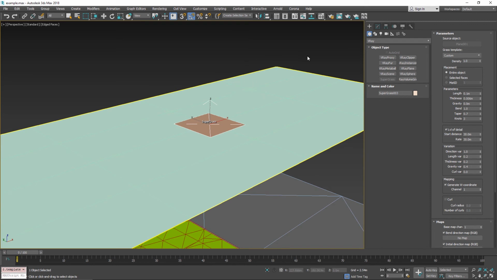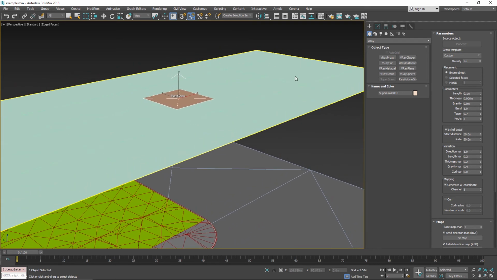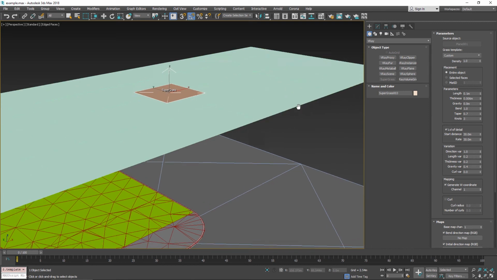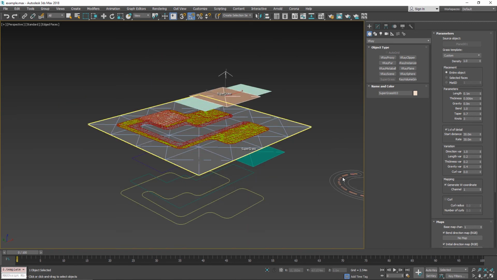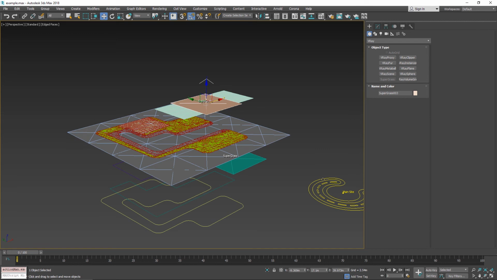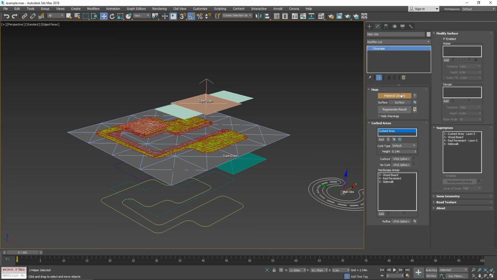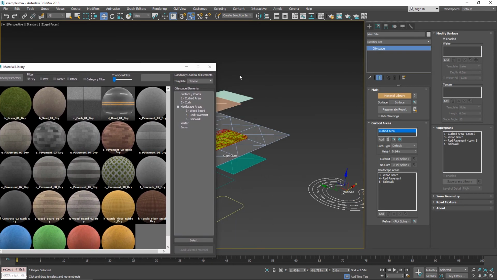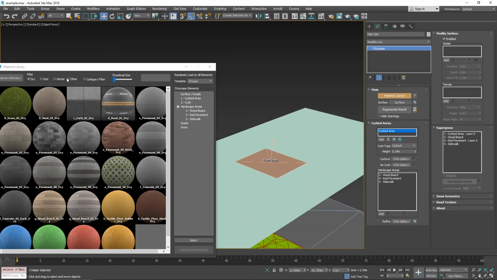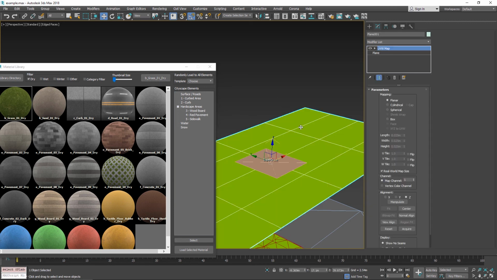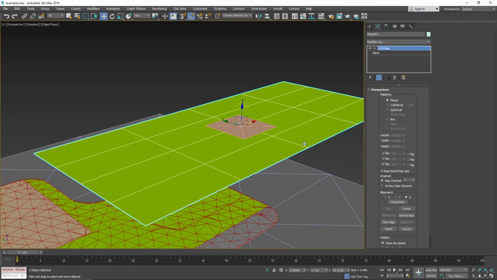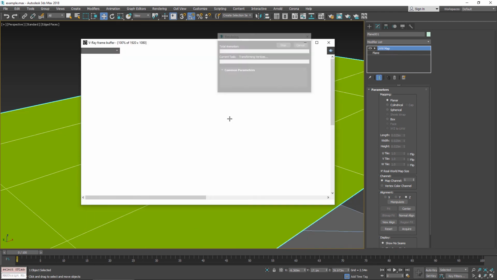And one last thing we have left is that the underlying surface should have a grass material. For that, we can go to our Cityscape. We can take the material library. We select the grass material. And as we select the grass material, there's a name of the selected material appearing in this box. And we drag and drop that material on that object. And again, if we render,